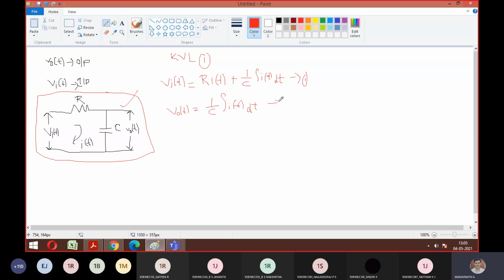This is the same procedure we are supposed to follow for whatever network they are going to give you. So just stick to the procedure. Am I clear till here? Now, what do we want to find? We need to find the transfer function, that is T of S. T of S means it is in which domain? Frequency domain, Laplace. I want that in the S domain, not the time domain.